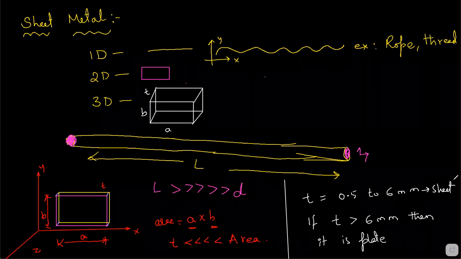In tinsmithy, usually the GI sheet is given. GI is galvanized iron sheets. The thickness will be between 0.5 to 6 mm. Using that sheet, you will do cutting and bending operations, and then you are going to get a definite shape. That shape may be the size of a tray, to use for some purpose, or else like a round tin. A round tin means a cylindrical tin. It looks like a glass.